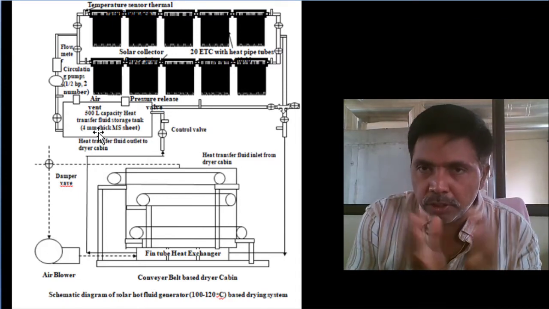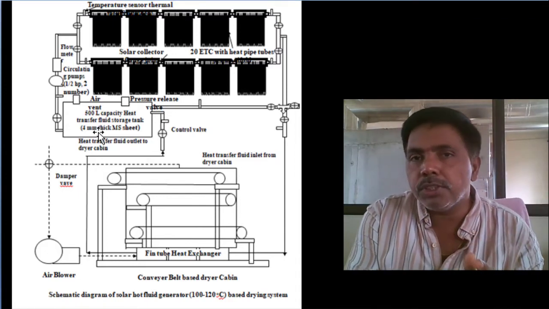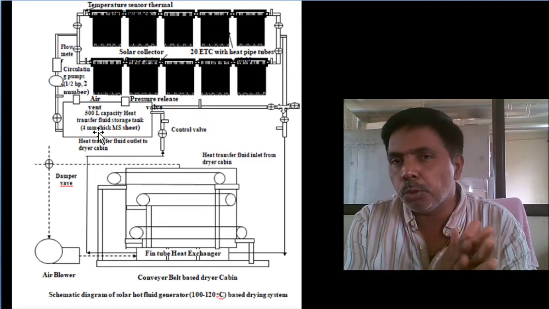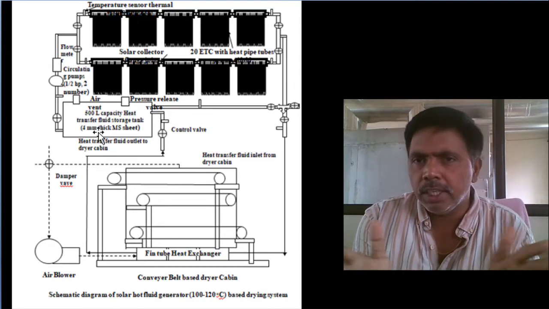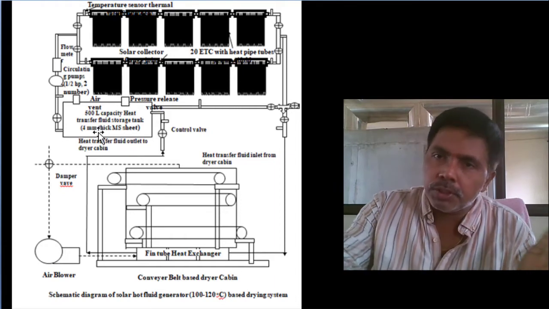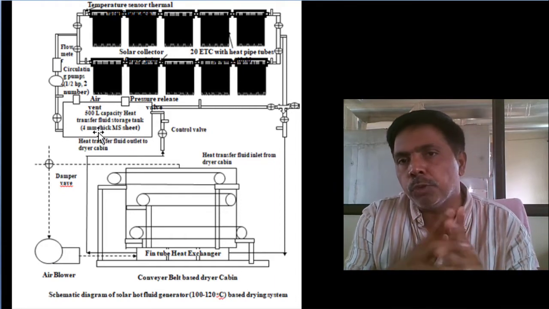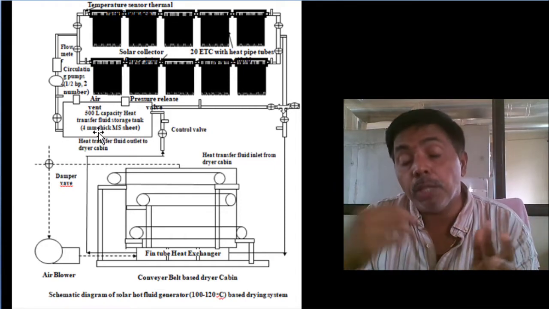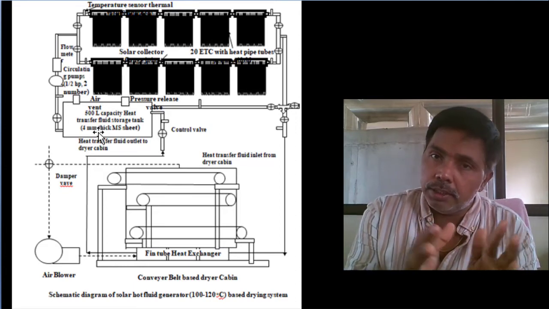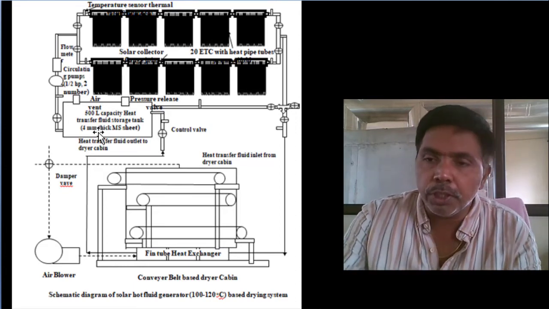This is especially for industrial application. Solar based systems means maximum 500 kg loading capacity only, not tonnage. Tonnage means tunnel based system, low product value drying only. But for high product value drying applications only, we developed this one.